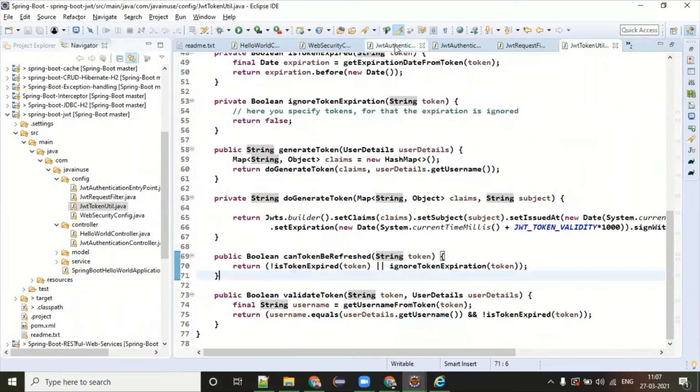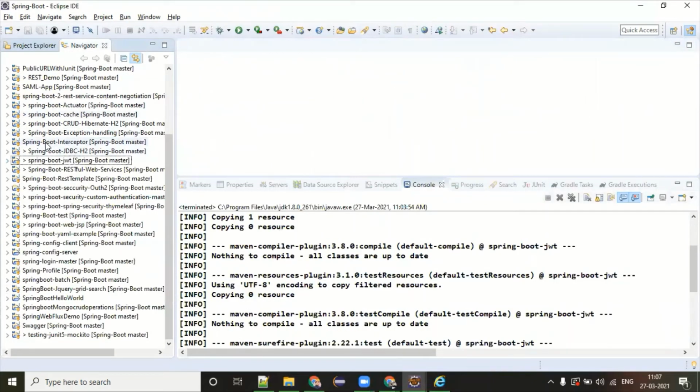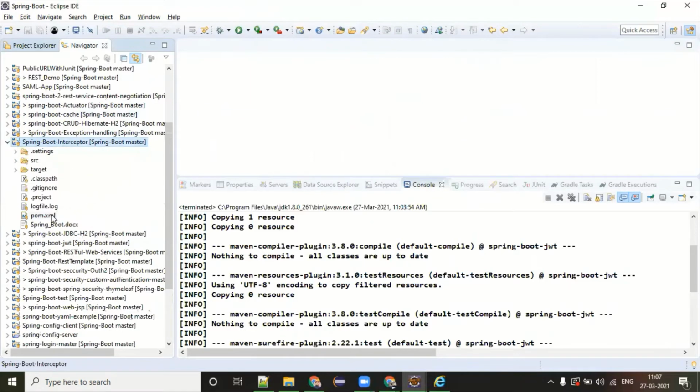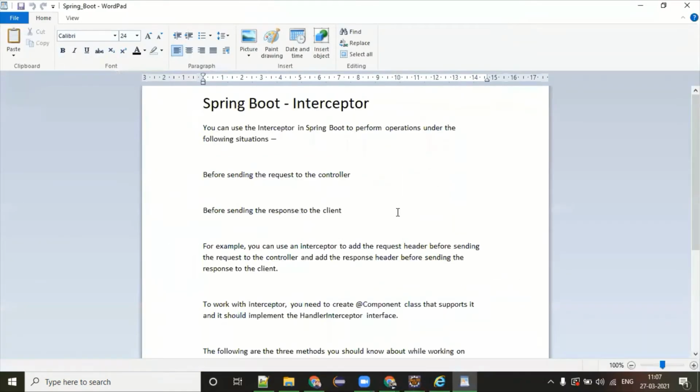Before going to the JWT side, I also want to discuss the interceptor, because if you understand the interceptor properly, then it will be easier to understand the further flow. So remember, Hemant, I told you filter and AOP. AOP is aspect-oriented programming, and AOP is one of the ideas coming from the filter itself.